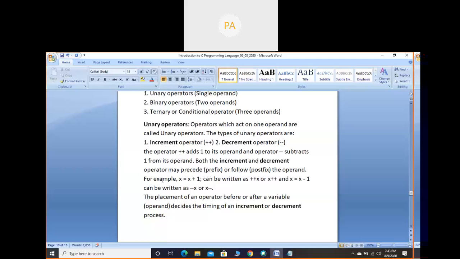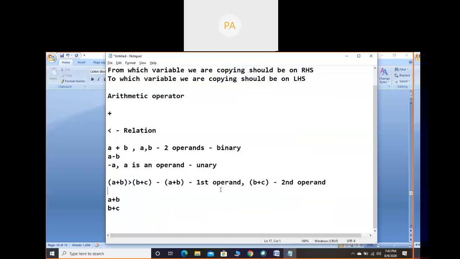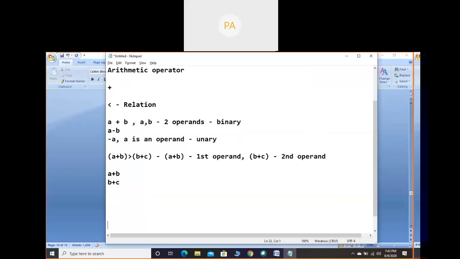So for example, x equals x plus 1. It's very simple. First I will tell you what x equals x plus 1 means, so that you will understand. See, if I consider x equals 10. Next, if I write x equals x plus 1, here the equals symbol is an assignment operator. So we should not compare or try to prove LHS equals RHS. Instead, what we have to do is copy this RHS value to x again.